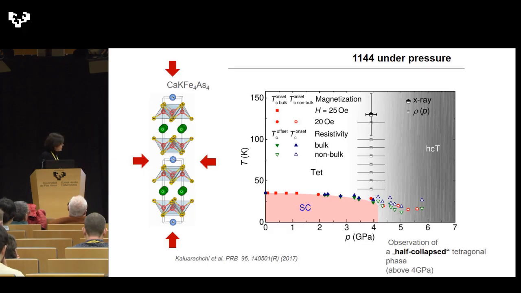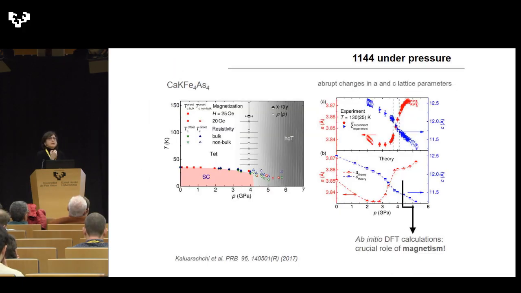So we did simulations for this phase diagram, ab initio simulations. Basically, we simulate the effects of pressure, we relax the structures, and then we look at how the lattice parameters and the positions of the atoms evolve as a function of pressure. And in fact, we could reproduce this phase transition, in the sense that you go from the tetragonal to the collapsed tetragonal very well, but you can only reproduce that if you include magnetism,